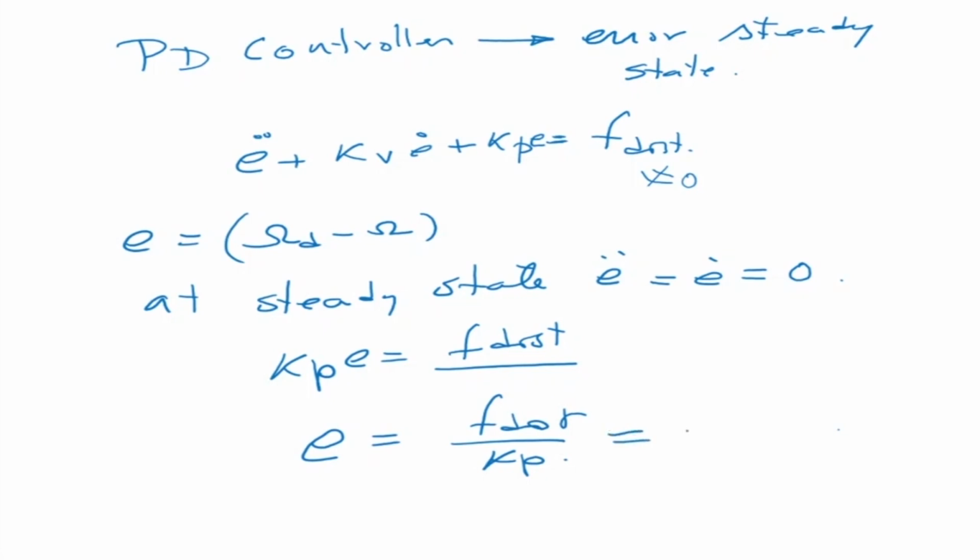Now what is your F disturbance? It is N, the gear ratio, into the dynamic torque, TL, which was the torque on that side. When we started off, we said that the torque that is going to come is tau L, which is the external disturbance torque. Your external disturbance torque is multiplied by the gear ratio before it comes onto the gear. So in our equation, if you go back to equation number 9,